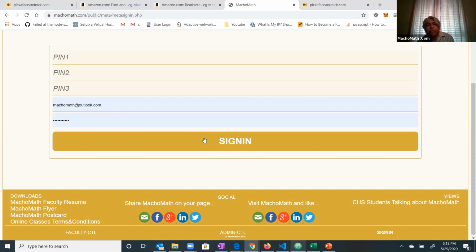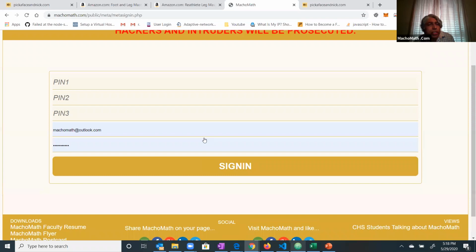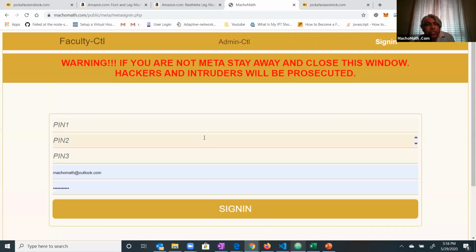Then you can enter this meta admin, right? And there you can create admins and faculty, only these two tasks. Or you can block an admin. For example, somebody was your employee, but now he's no more working for you, or she's no more working for you. You definitely want to disable their account, right? So you can do this thing. And then, you can see over here,